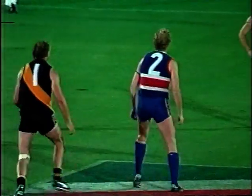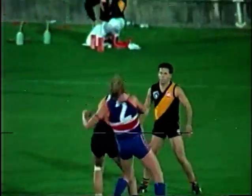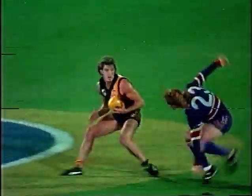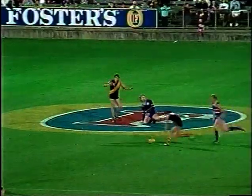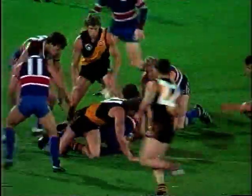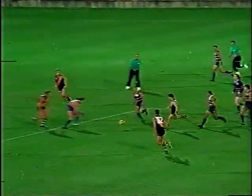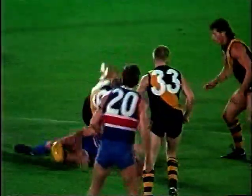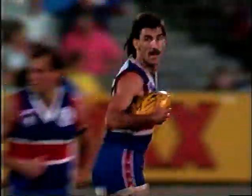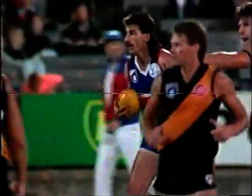Richard Cousins there in the picture with Mark Lee. They've done the ruck work for their respective sides for most of the night. Chance there for Hamilton. Oh, dispossessed by Atkins. Gets the ball away, overrunning it. Richmond now very, very desperate. Frangalis, Smith in there. The hand pass goes over the top. Here's an opportunity for Williams. He's crashed to the ground by Hamilton. And the free kick will be taken by the Footscray player, Mark Williams,